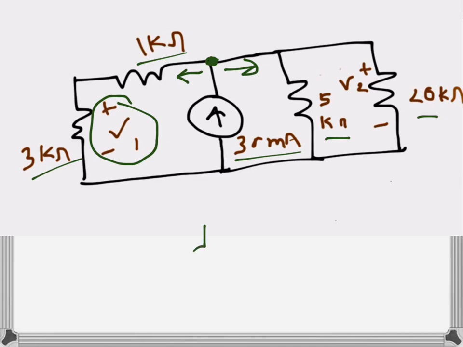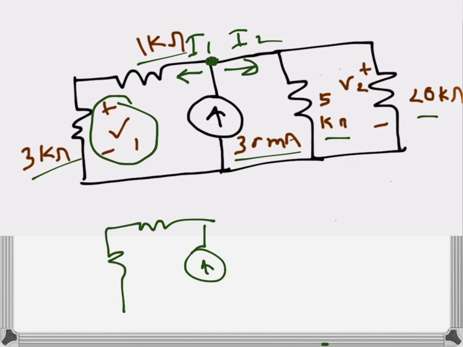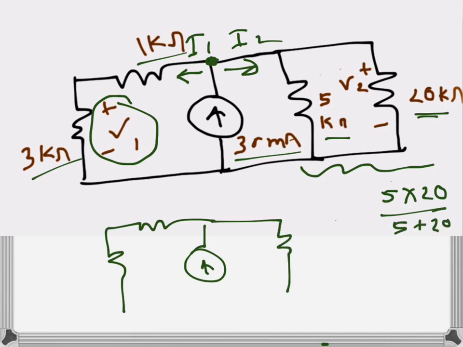So what we should do first is try to find what is the total current here. If we call this one I1 and this one I2, we need to find I2. In order to do that, we need to find the equivalent resistance of these two parallel resistances. So 5 kilo ohms and 20 kilo ohms are in parallel, so the equivalent will be 5 times 20 divided by 5 plus 20, which is 4. So we have 4 kilo ohms here, and these two, 1 kilo ohms and 3 kilo ohms, are also